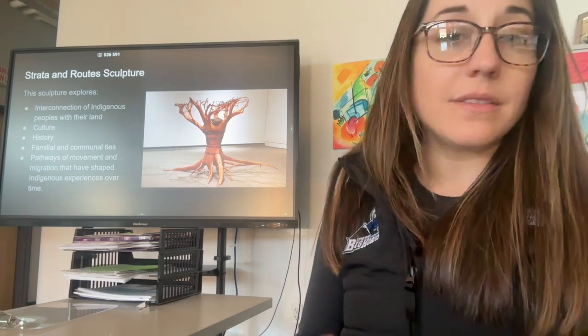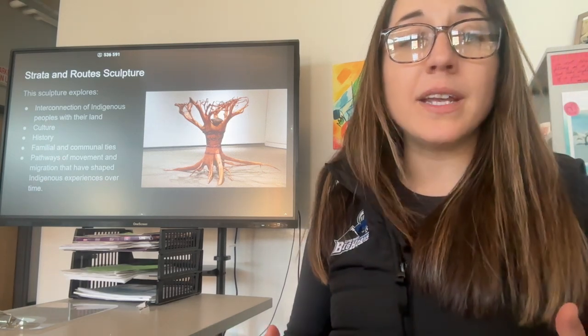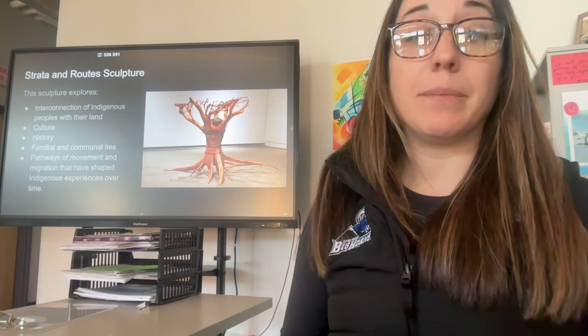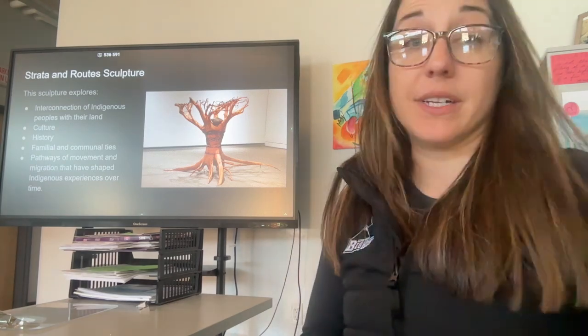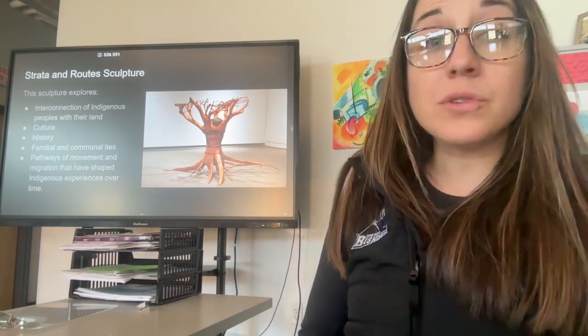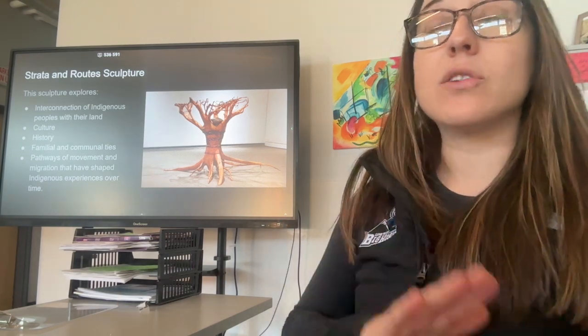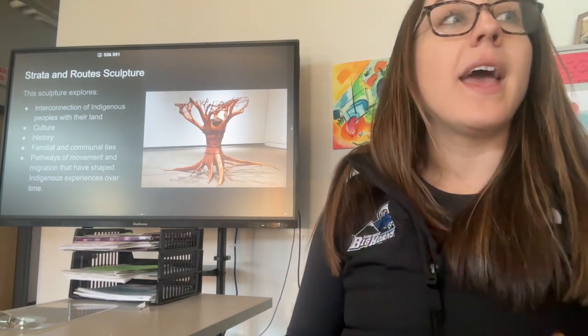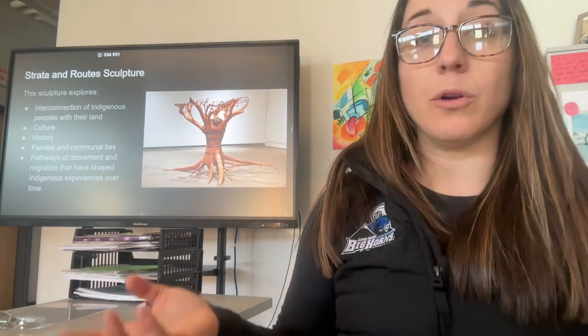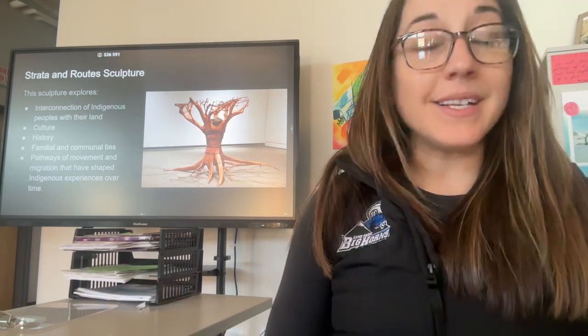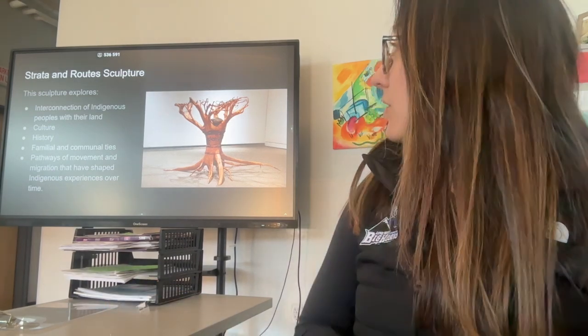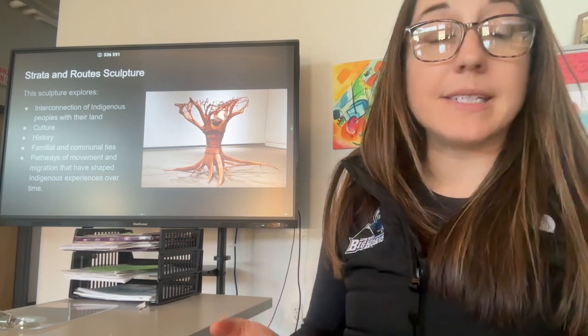And it's also thinking about pathways of movement and migration that's shaped her Indigenous experience over time. So those are some ways that our key artist is looking at her family's culture, her family's history, and representing that in a work of art. So that is something that we're going to be thinking about when we are creating our own mixed media pieces